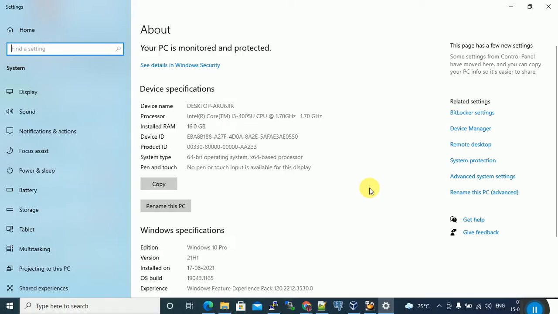In real time also it is the same. What is the installed memory? In real time also, what is the server configuration? If anyone asks for server configuration or laptop configuration, both are the same. Installed RAM, how much installed RAM? 16 GB. Yes, in this my laptop I have 16 GB RAM installed.